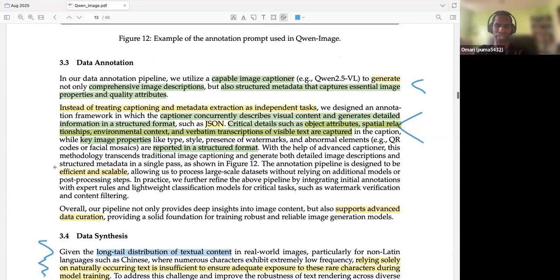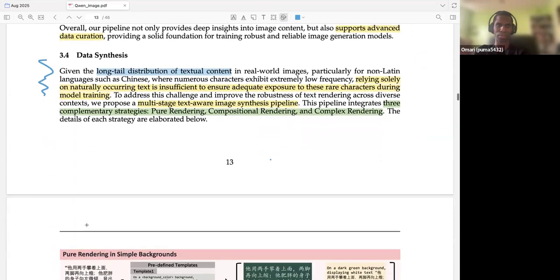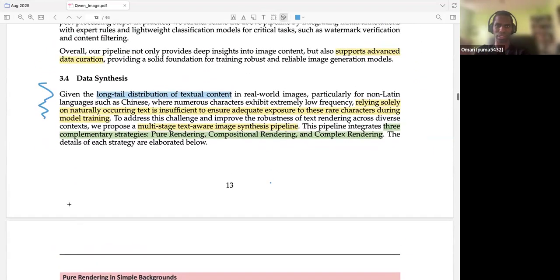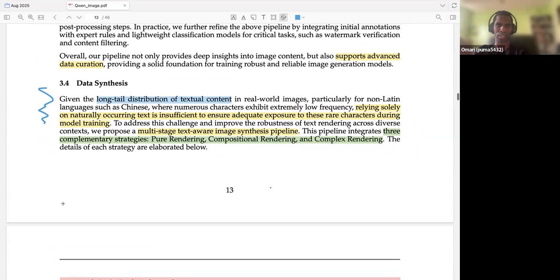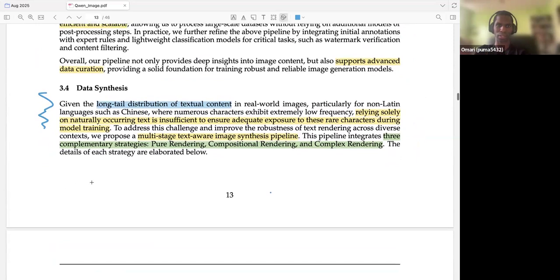Right. Okay, so let's say we did that. Okay. Good data synthesis. Let's see. Oh